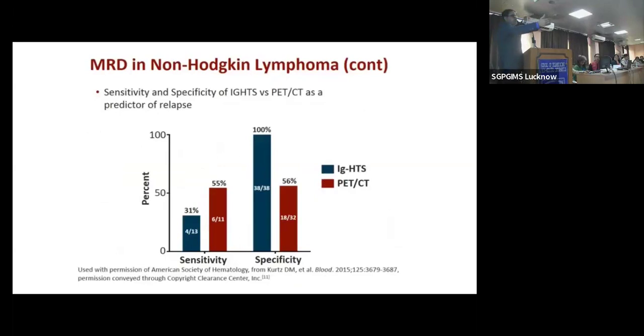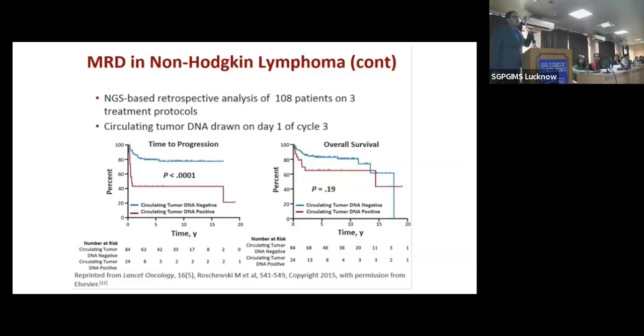So you can imagine that maybe 5 years from now, rather than doing an interim PET, we might be going for an MRD analysis and determining whether we need to change the treatment, whether we need to intensify the treatment or continue the same treatment. And this shows the NGS-based retrospective analysis of 108 patients on 3 treatment protocols, and circulating tumor DNA was drawn on day 1 of cycle 3. They have shown beautifully that the time to progression is different among them, and it is directly proportional to the overall survival in non-Hodgkin's lymphoma. I think Dr. Khalek is also doing a project on cell-free tumor DNA as a part of MRD analysis